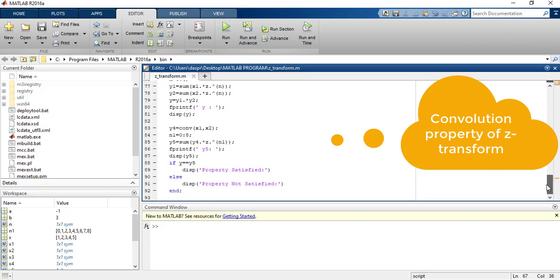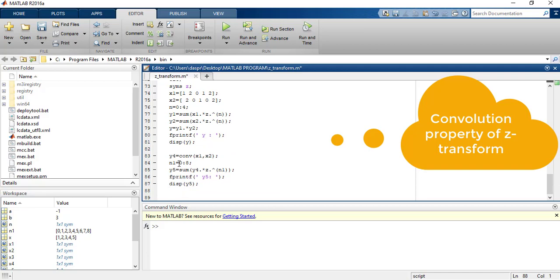Here also, if you use this if else command, the result may be different. That's why it's better that you neglect this if else command. The result which you get from y and the result which you get from y5 are both the same, and you can calculate this by hand and check whether the result is the same or not. After that you make a comment that the property is satisfied.